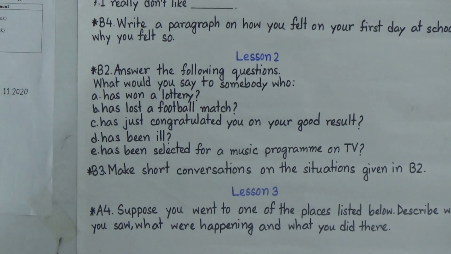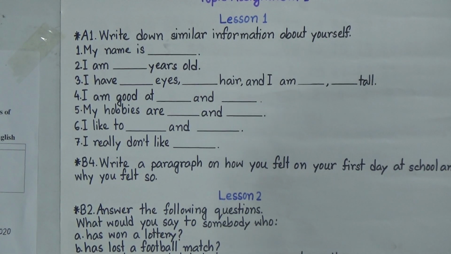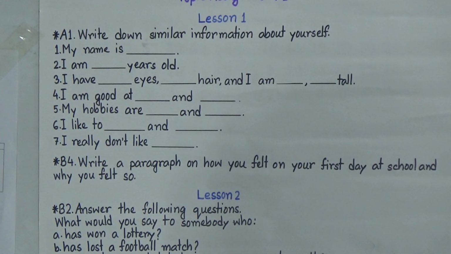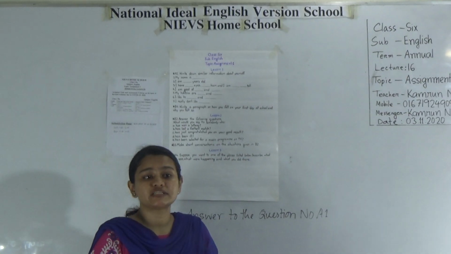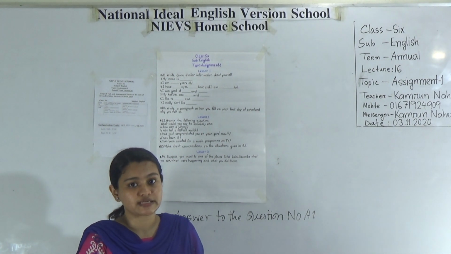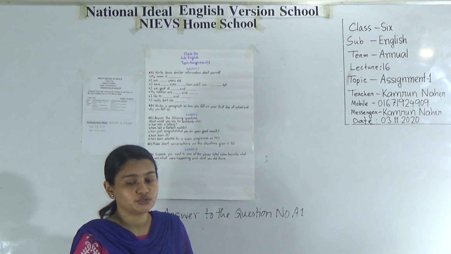Okay, and all of you will do your assignment in a white paper. Of course you will do your assignment in white paper. Okay, dear students, and cover page will be given from the school. You will collect it from the Facebook page from our school, and you will follow this one. Okay, dear students, and you must do your assignment in the white paper. So it's better to do offset paper. If it's available, you can use offset paper for doing your assignment, or if there's no offset paper, you can use any white paper for doing your assignment.